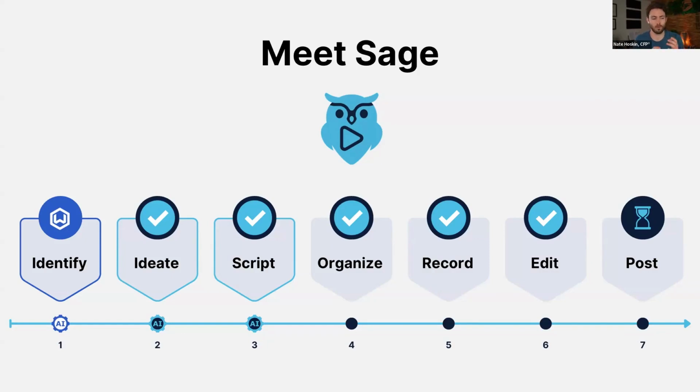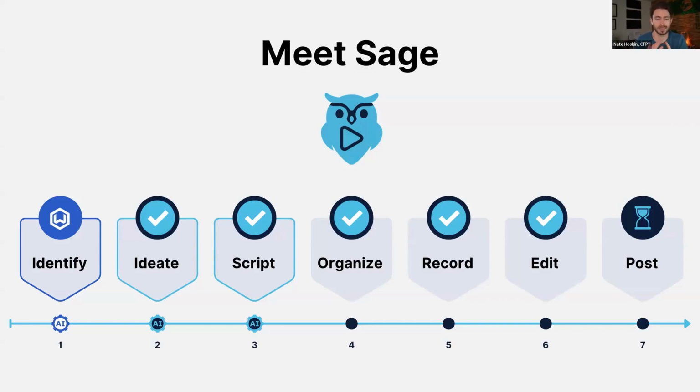And so Sage is what we're building right now. It's why we've been so focused on AI agents on top of all of the work we've been doing as video producers, video editors, script writers, you name it, is taking all of that information and all of the data that we've collected and distilling it down into a tool that you can use that does all of your ideation, all of your scripting.